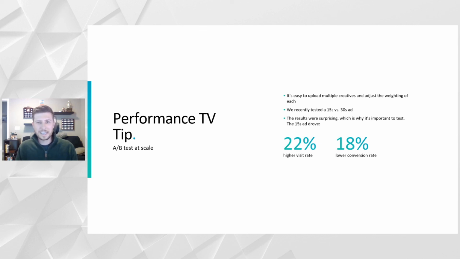So again, think about what your desired outcomes are. It's so important to establish that desired outcome and what your key KPI is going to be, what your primary indicator and result is going to be when you evaluate a test. Because in this case, you might come out of it and say, well, we drove more traffic, but we drove a lower conversion rate. What's the outcome? It's so important to establish that desired outcome ahead of time so that you could come out of this test and say, we were trying to drive more traffic. This drove more traffic. Let's lean in more to the 15-second ad, or potentially the opposite if you were trying to drive more conversions. Our recommendation, again, test for your business.